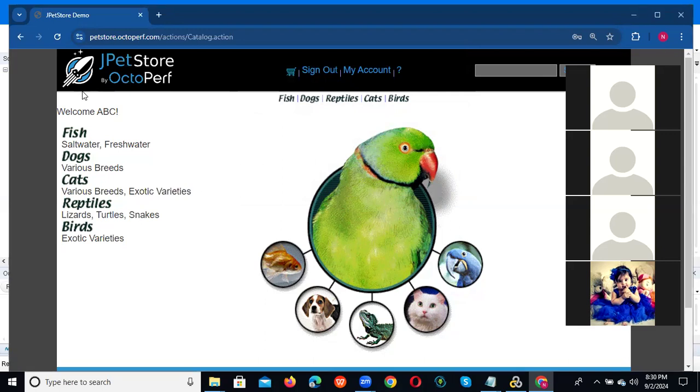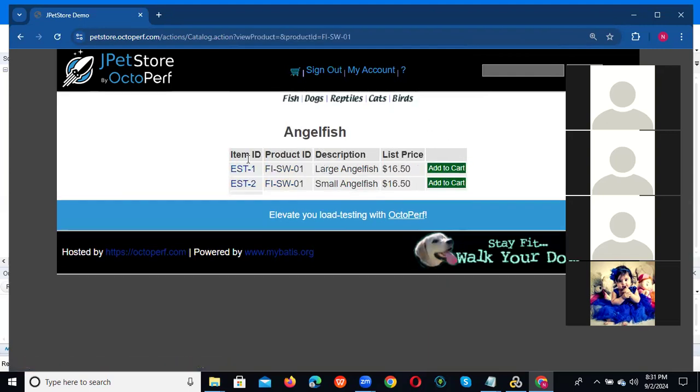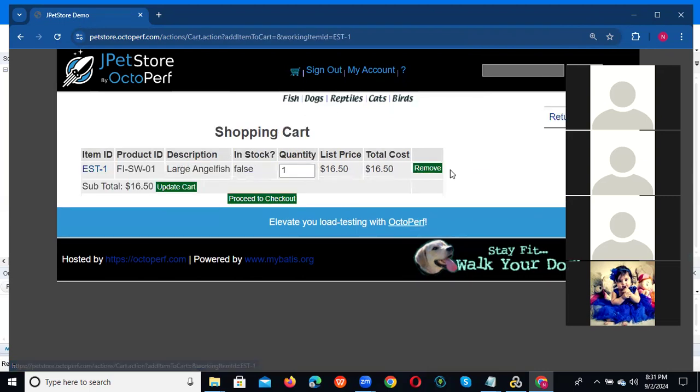Okay. So we have different pets here. You can click on any one of the pets. In this fish category, there are different pets. You need to select any one of these. And after that, these are the available pets, and in that we have different ones. If I want this pet, then I can just click on add to cart. And here it is asking for the